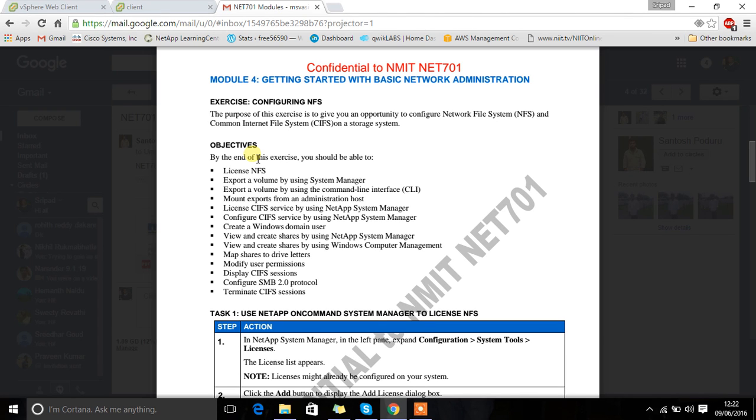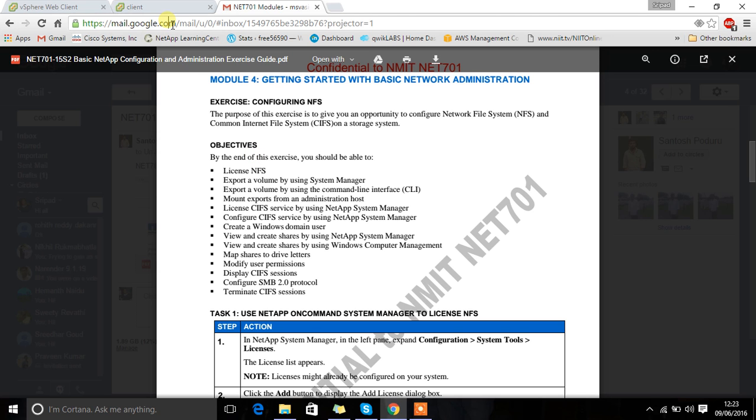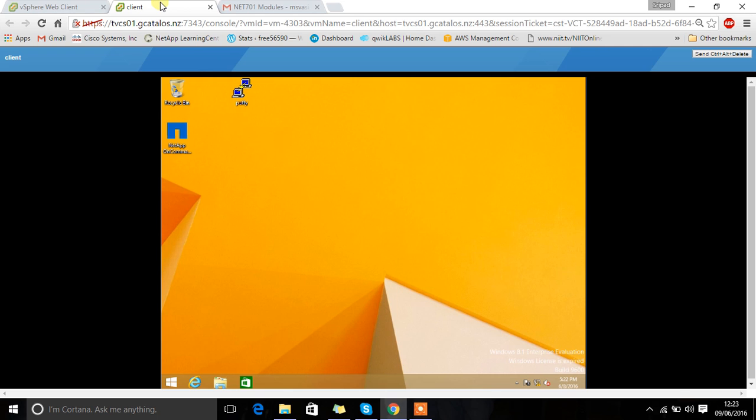In this video, I would like to explain getting started with basic network administration in the NetApp System Manager. The main purpose of this video is to give an opportunity to configure Network File System (NFS) and Common Internet File System (CIFS) on a storage system. By the end of this session, we will learn about the